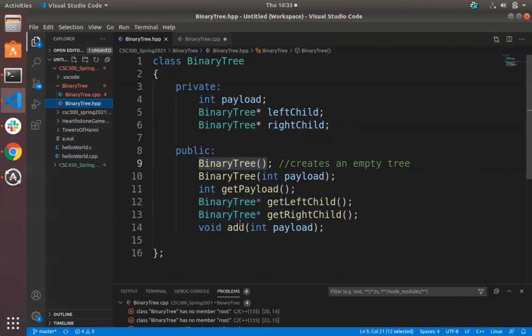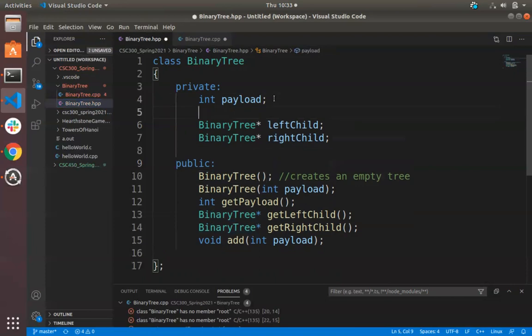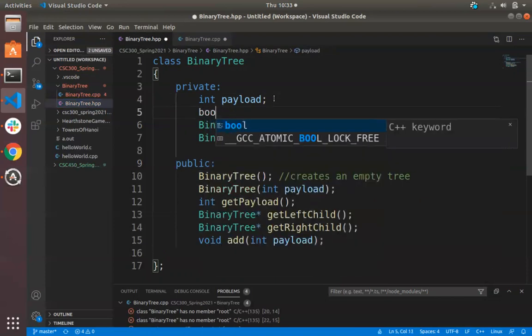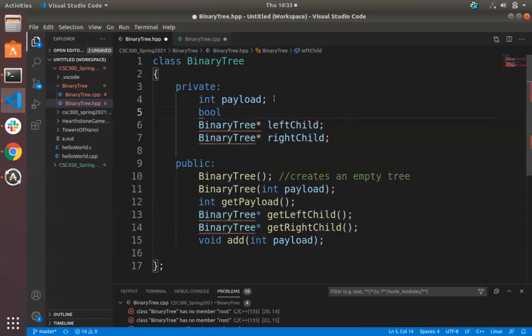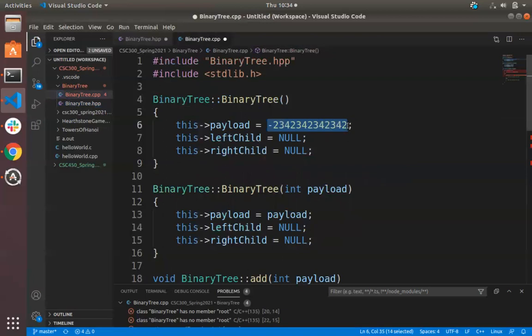You could add a Boolean flag somewhere in the private section. Yep. So we could do something like bool. Is it bool like that? Or is it bool like that? Bool like that. So we could say bool maybe isEmpty. Like that. And then in our implementation,